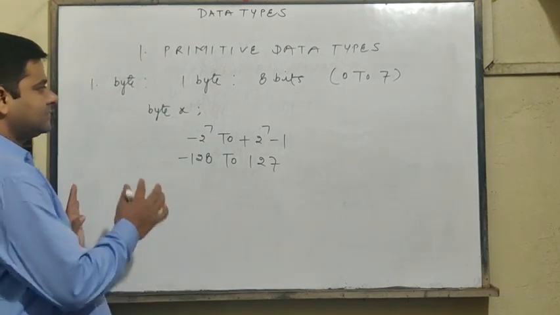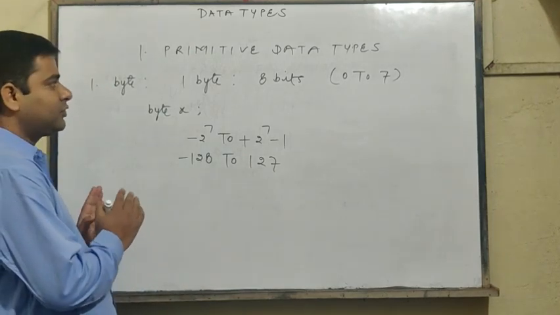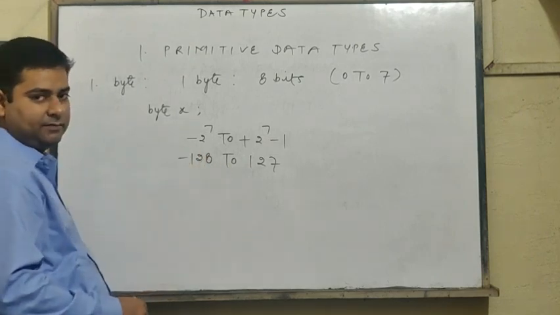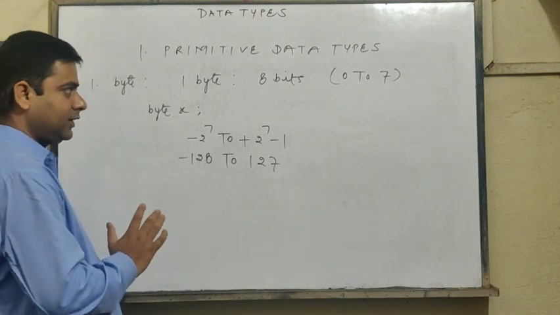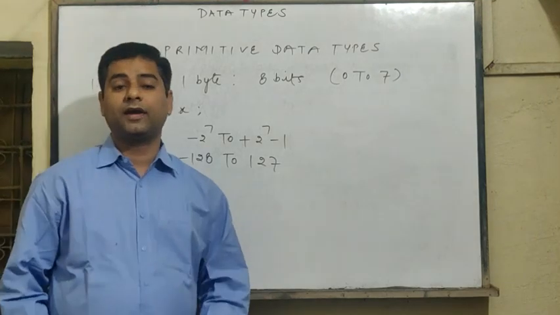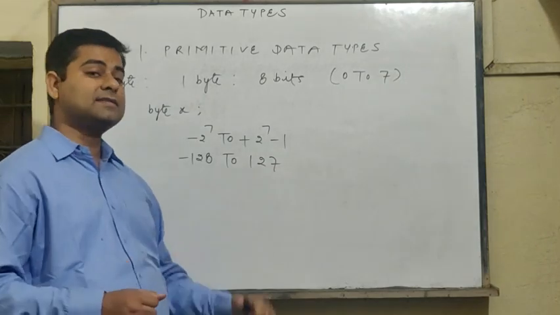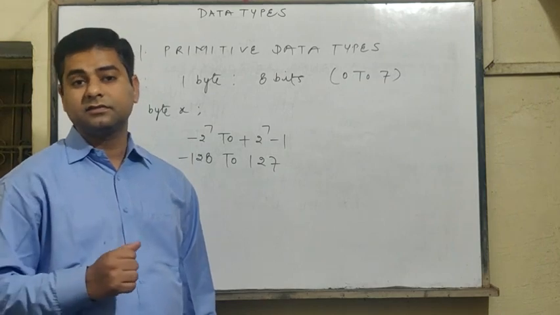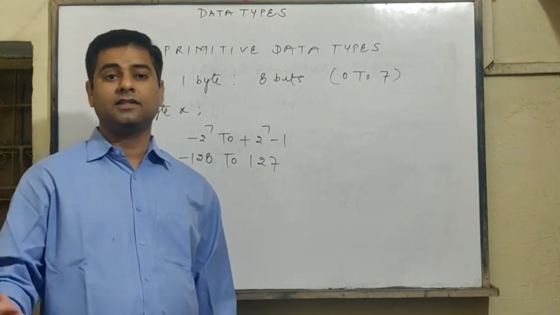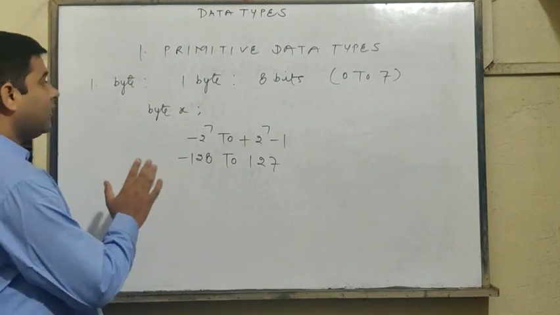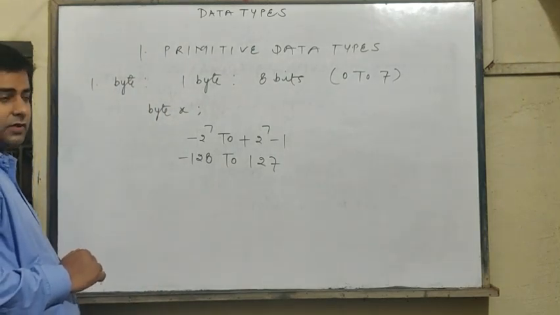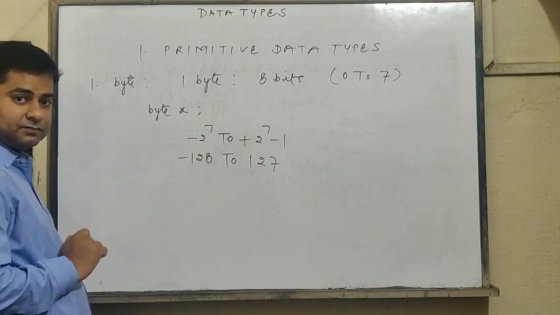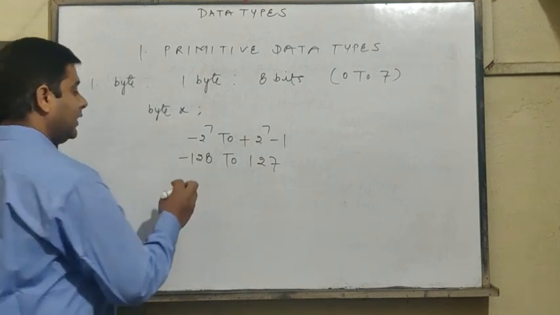So here you can see this is the least data type which can store the minimum value of integer, and maximum value is 127. This is the shortest integer data type. Now suppose you are making one program in which you are getting your answers more than 127. Suppose your answers are in thousands, 1000, 2000, 3000, 4000, 10,000. So you cannot use byte data type. Understood? So in that particular case, byte data type cannot be used. And one more thing, your default value.